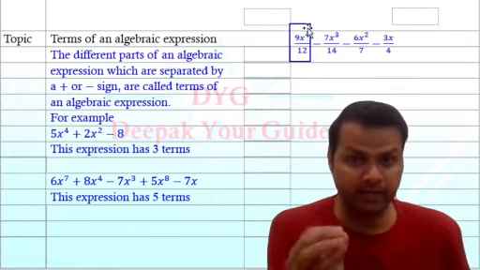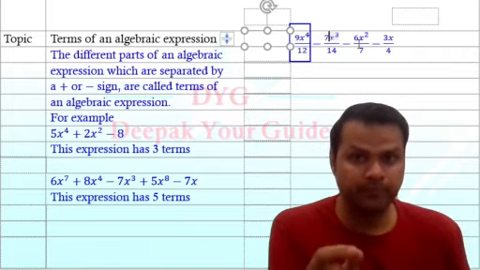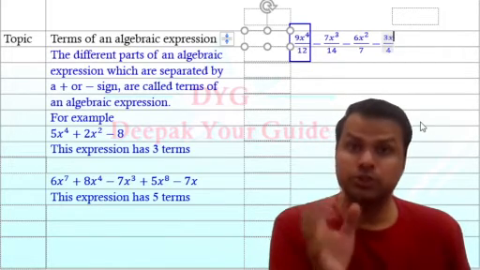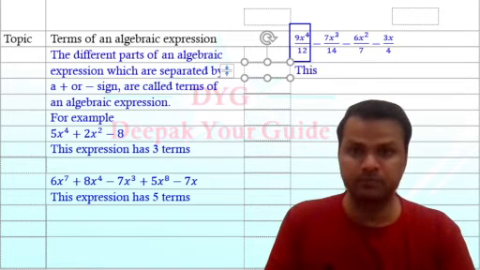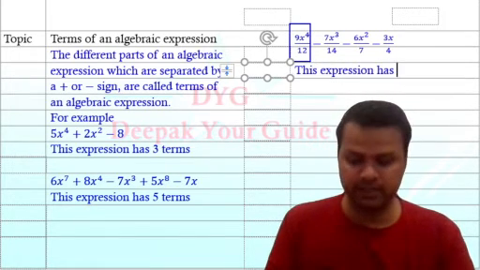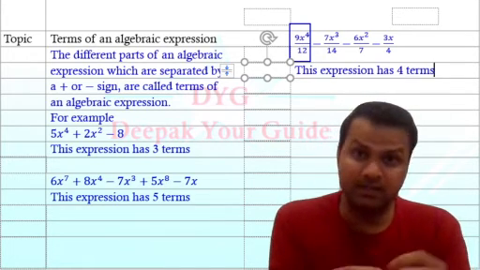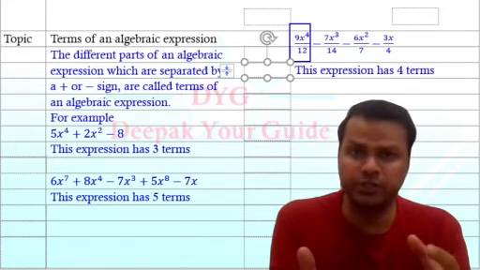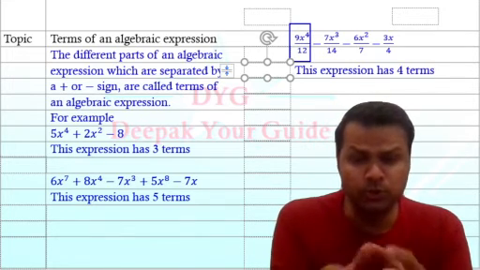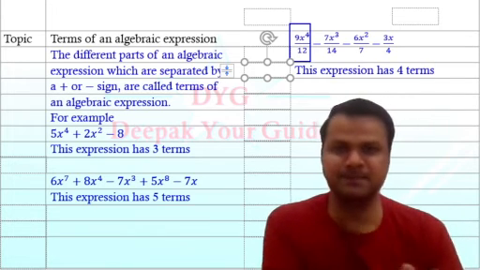If I go with this idea, I have got 1, this is 2, this is 3, and this is 4. This expression has 4 terms. So I think I made it simple. Still, if you have any doubt, do let me know. You can practice more questions from your textbook. Go through this video again if you have any doubt. All right. Till then,